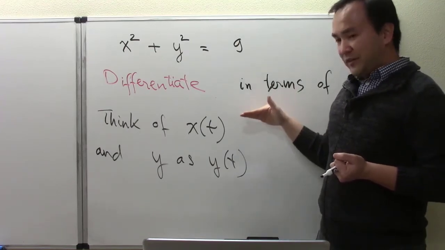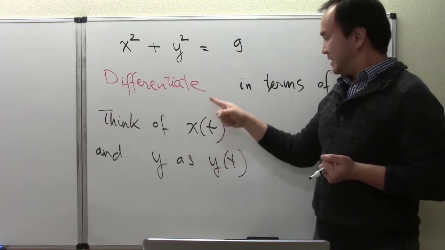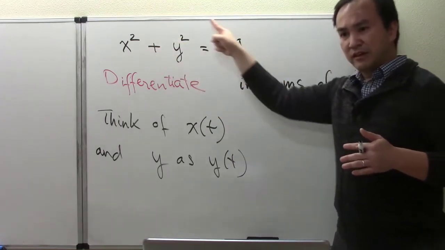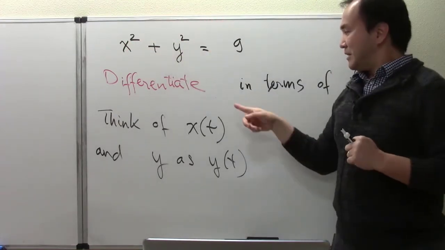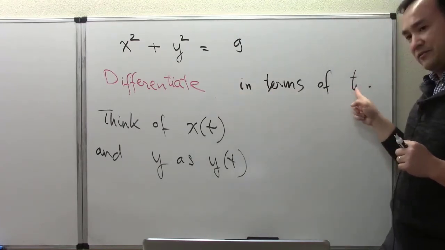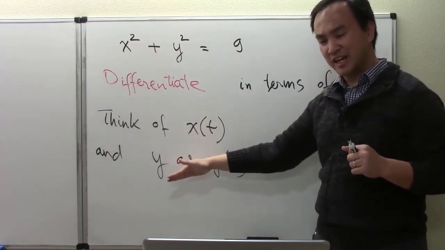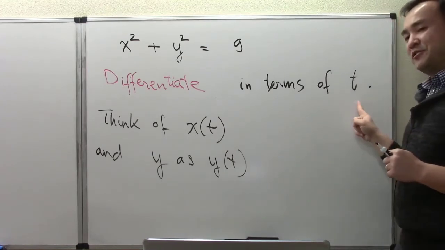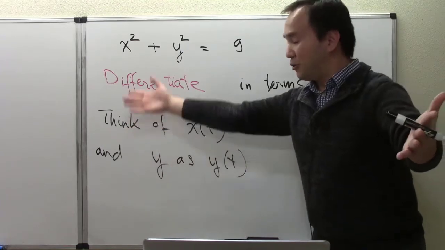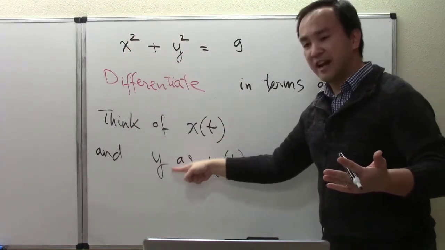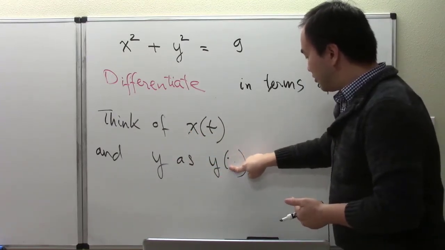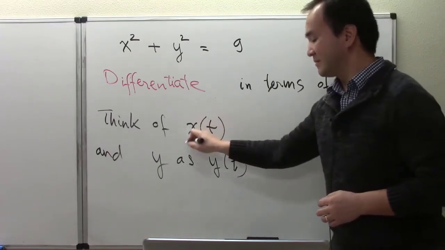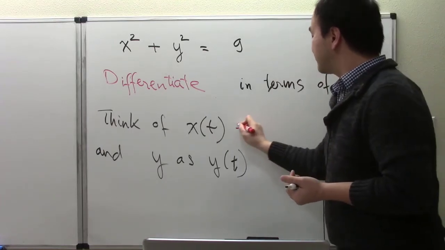Take a moment, pause the video if you have to, to understand what I'm pointing out here. When you get the instruction to differentiate in terms of t, differentiate what? You're only given an entire equation, and it could have more than two variables, but you differentiate without any clear objective, and t is not even part of the equation. That's what it's intended for. That means we think of x, one of the variables, as a function implicitly defined in terms of the external, extra variable. And any one of the variables existing in your equation is regarded as a function in terms of t. I wrote my t looking a little too much like an x here, but it's a t. So any of our variables is an implicit function of t. In case you need to really highlight that, this is another implicit